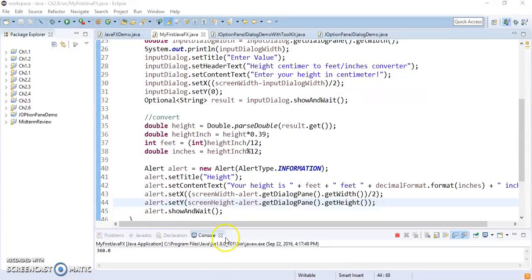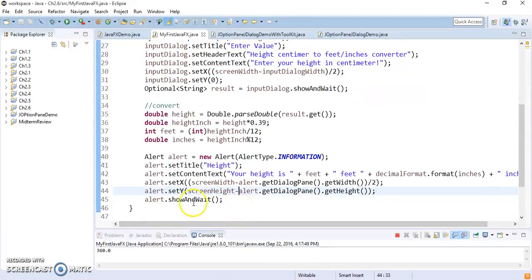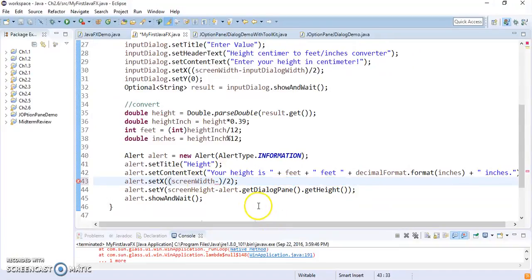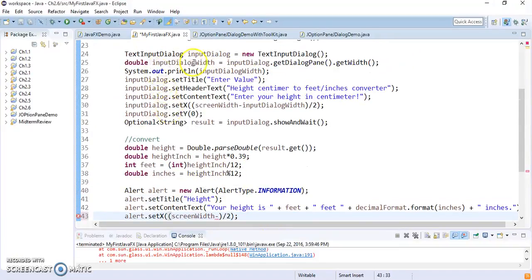Okay. The reason I like to declare that is then I can check that it's actually working, right? So that's the reason why we can actually get the width out. We can try to do